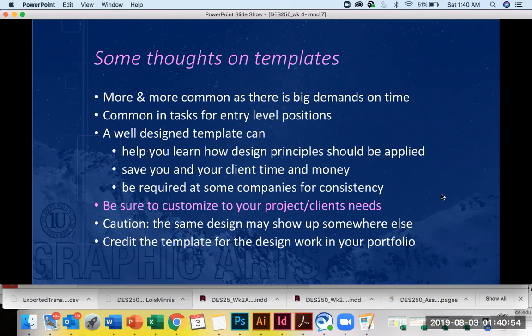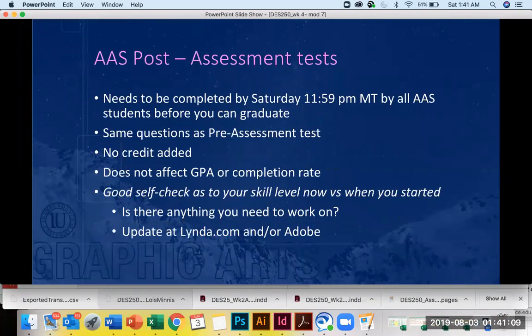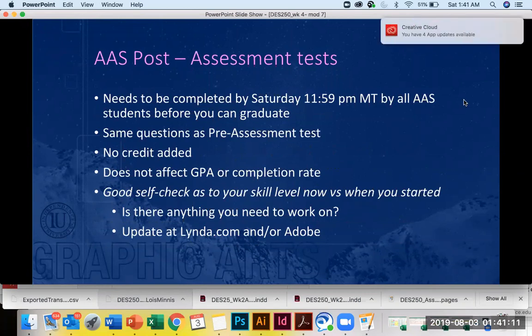But like I said, templates are not really as bad as they used to be, and they are becoming a common occurrence in the real graphic arts industry. Then, as we were talking a lot to the associate's level students,